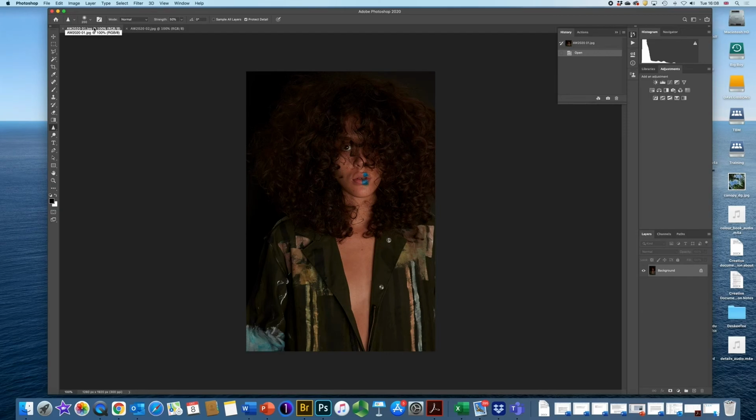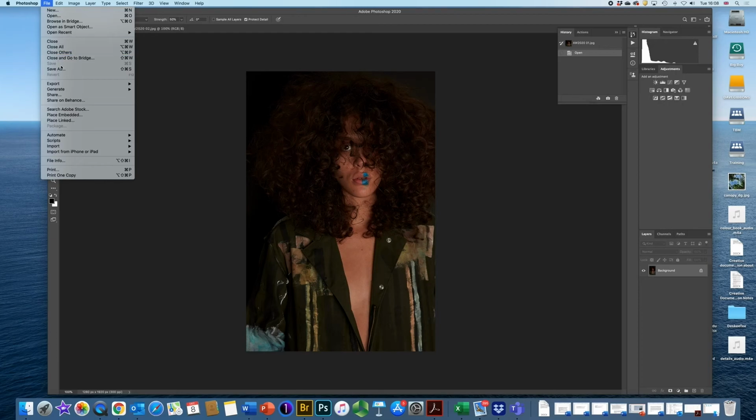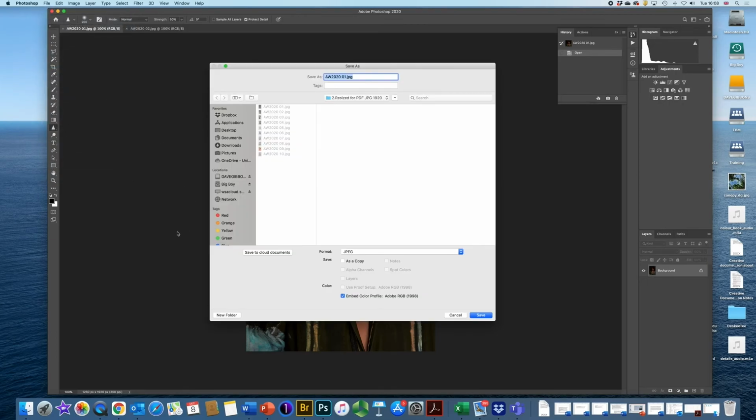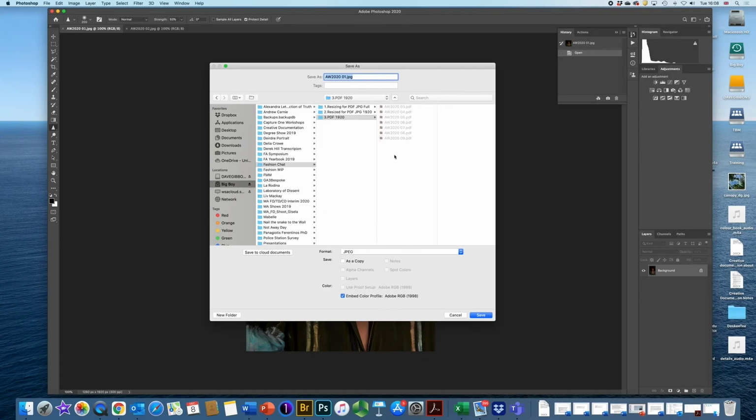So the best way to do this is just to go to File, Save As, or Command Shift S, and I'm going to save these in my 3rd folder. I've already saved some, but this is number 1, and this is the one that I want to save as a PDF. So on the drop down here,